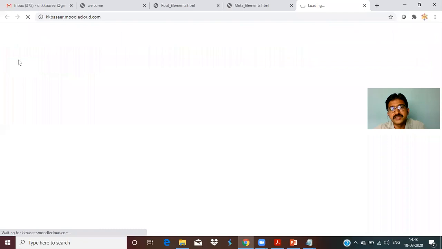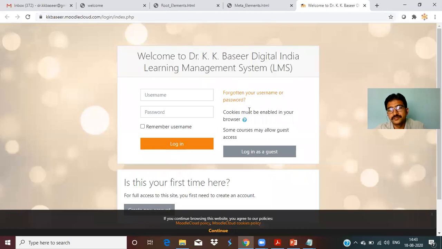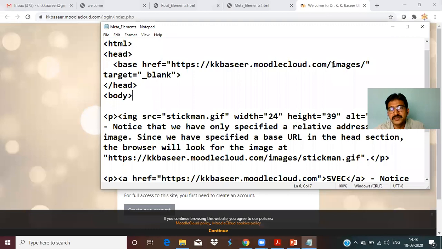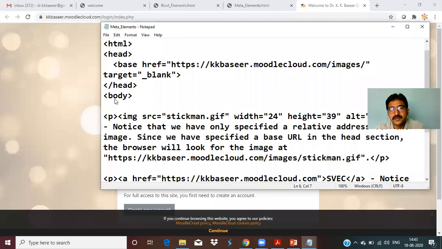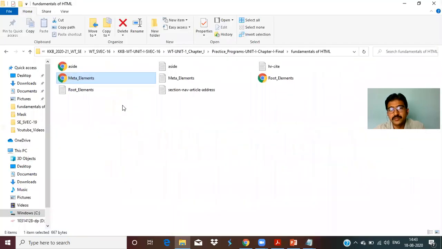When you click this, it navigates to kkbashir.moodlecloud.com. So we need to keep all the images in this cloud, then only can we access such images here, through the base. That is one example that talks about the meta elements.